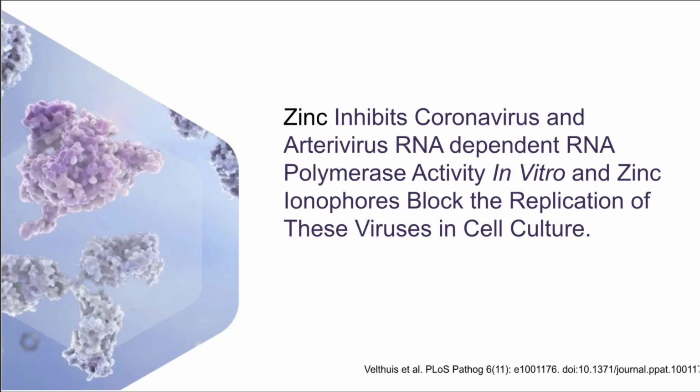Now, nutrients can obviously interfere with several of these, in both phase 1 and phase 2 of the viral infection. For example, zinc has been shown to inhibit coronavirus and arterivirus RNA-dependent RNA polymerase, which is an enzyme that is needed for the proliferation of the virus. So by doing that, it can block the further proliferation of the virus. Although we don't have any direct evidence that zinc does that, it has been shown to act in that manner when it comes to other viruses that are very similar to the virus that causes